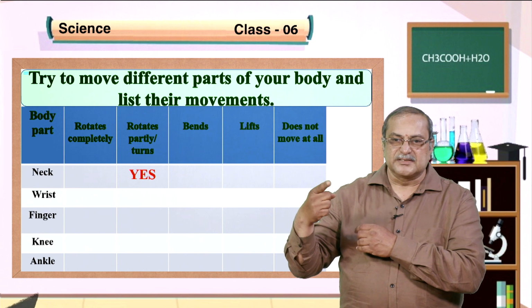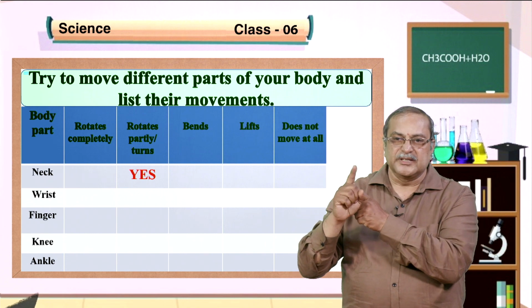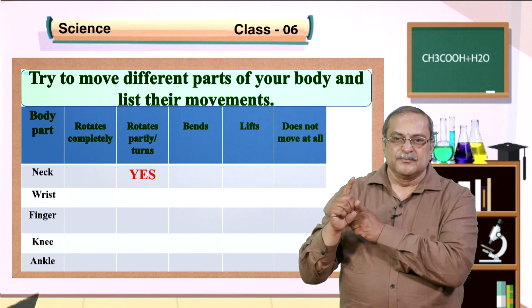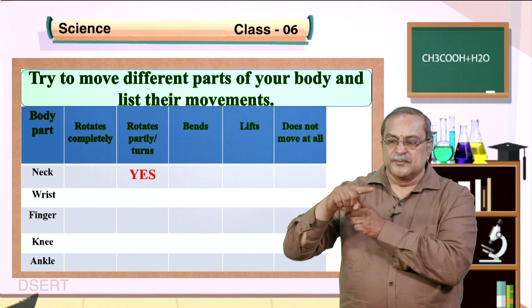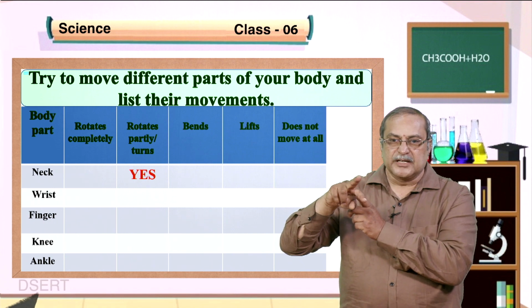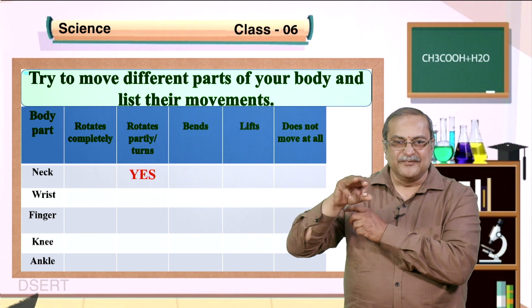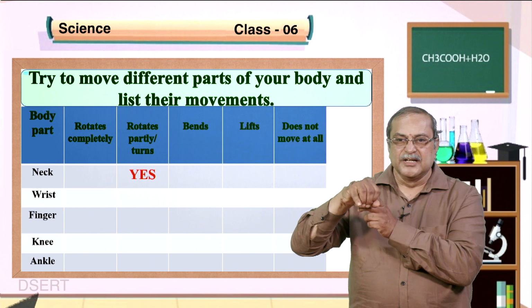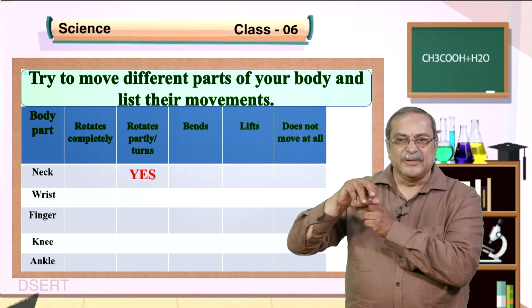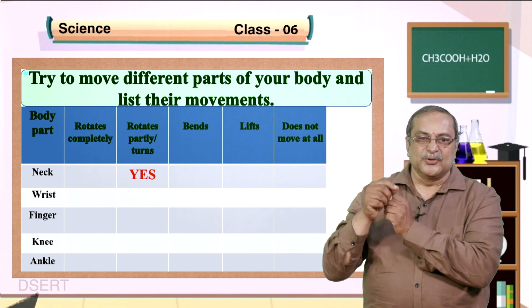Turns partially, that's all. We can't make a full round. See, the bottom is not rotatable. So, we can rotate a little bit, one finger or two fingers, one finger you can move. So, this finger we can also do. So, we can try this one. So, how many fingers can we rotate like this, and how many fingers can we bend like this? So, note that down.